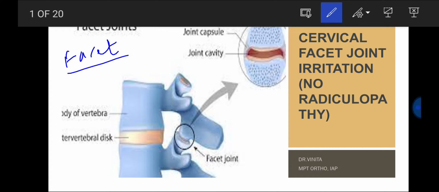The facet joint is a crucial anatomical region with a biomechanical role in facilitating articulation of the vertebra to the spinal column. It is a diarthrodial joint with opposing articular cartilage surfaces that provide low friction. So it's a crucial anatomical structure. Here you see that it is a diarthrodial joint. It creates a low friction environment and a ligamentous capsule that encloses the joint space.